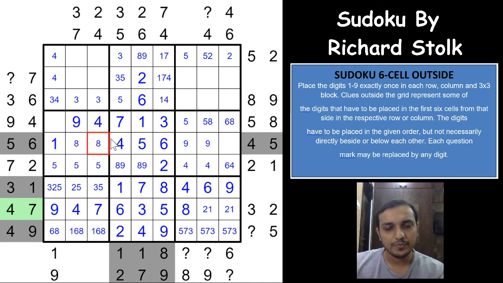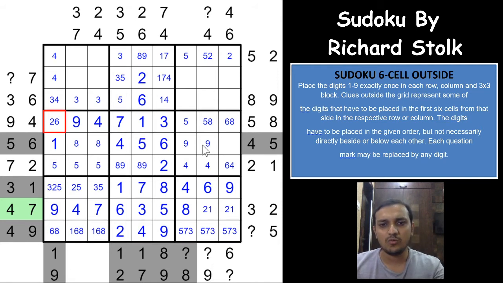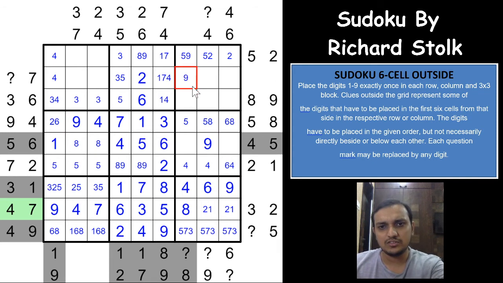That's also good. And this cell would have to be 2 or 6, the only remaining digit in this cell, because 5 and 8 are possibilities here. So this cell would have to be 2 and 6. So we can just mark a few more digits here. 1 9 is done, this 8 is done, this 9 will have to be in one of these three cells, and this cell would have to be a 9 now. That gives you a 9 here, right? And a 9 here and 9 here will give you a 9 in one of these three cells. So this 9 is also done.